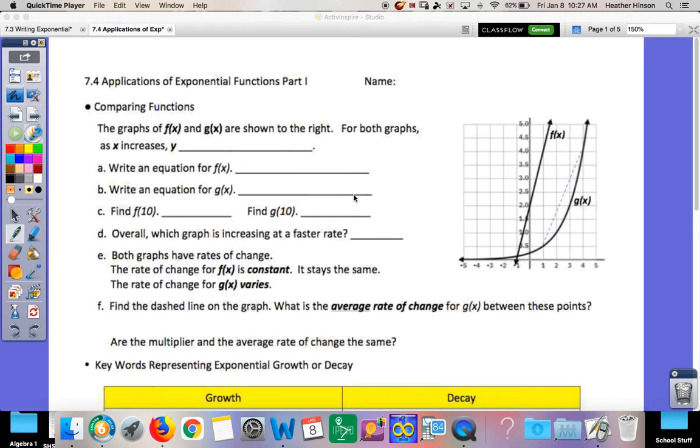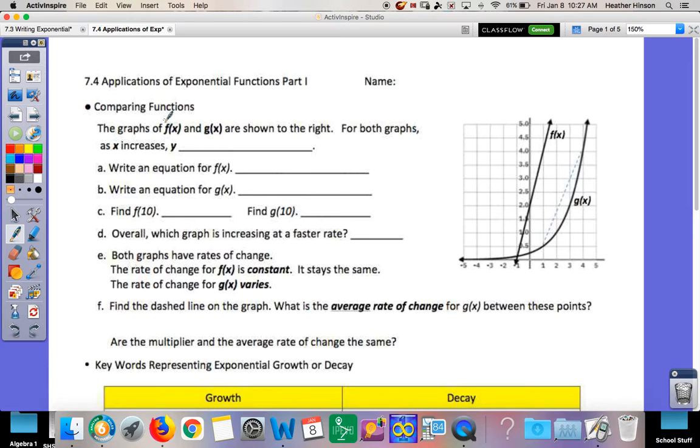Today we're going to look at exponential functions, but as word problems. So, for word problems, to compare them first, so you know the difference between linear and exponential, we want to